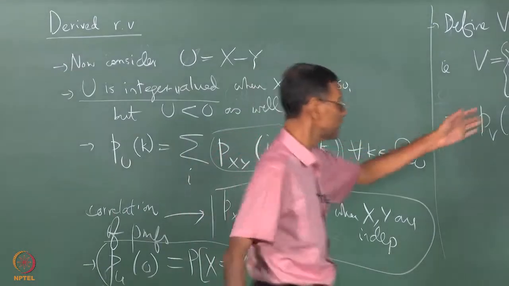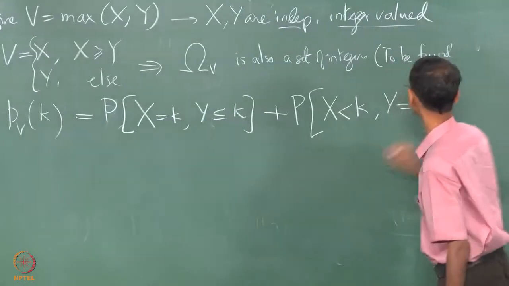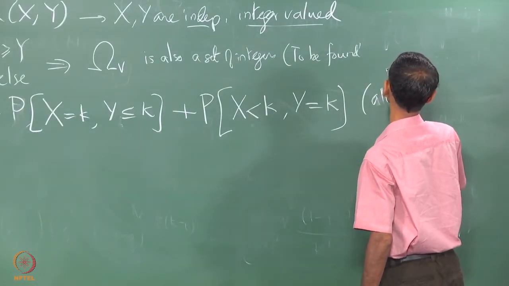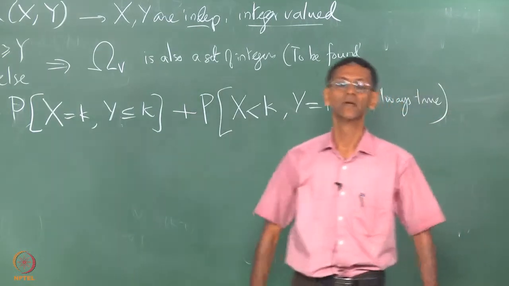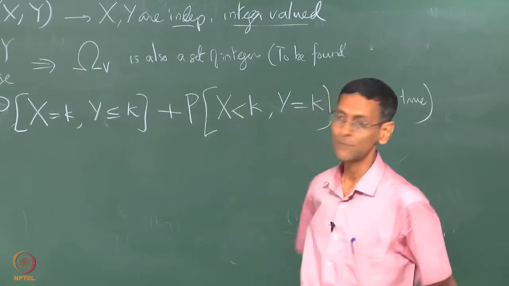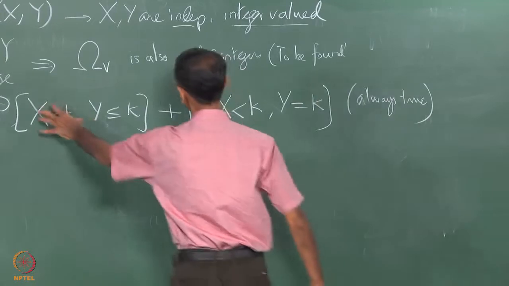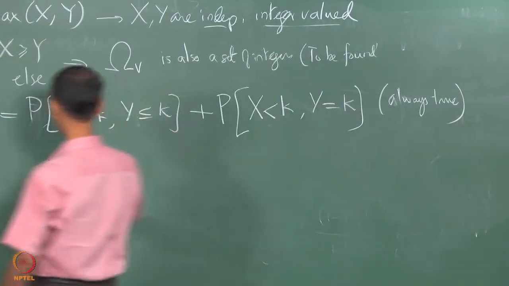This is true even when x and y are dependent. This does not require independence. This is always true. In the independent case, how does it simplify? These are joint probabilities involving x and y. But when x and y are independent, the event x equal to k becomes independent of the event y less than k. So this becomes